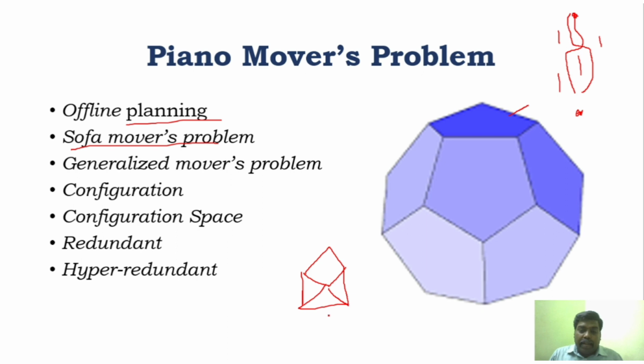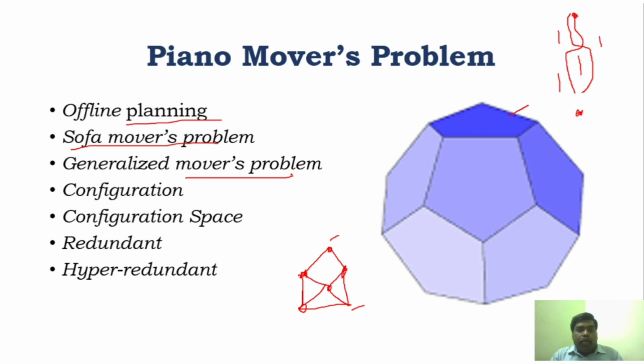Like a graph. If the robot has to move from here to here, this is the source and this is the destination, and all these points are obstacles. This is called planar obstacles. If the object moves from here to here in a planar obstacles, then this particular problem is called the sofa movers problem. And there is another problem which is called the generalized movers problem,